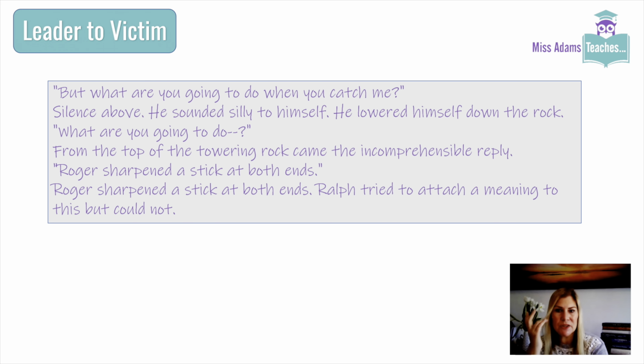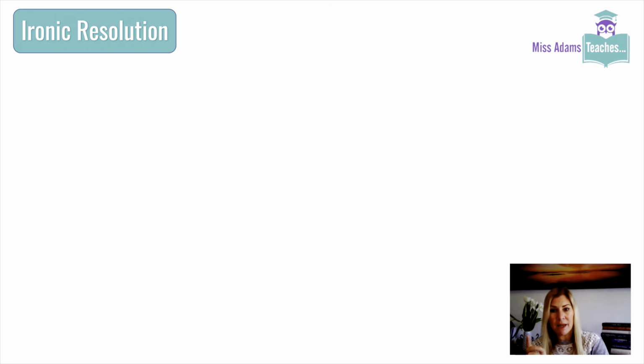So the reason I've included this in presentation of Ralph is Golding does this. He juxtaposes Ralph's strength at the beginning and this idea of him being a natural leader that nobody can really touch, to at the end of the novel, him being a victim of potentially the most savage violence. They want to put his head on a stick, which demonstrates how powerful savage instincts can become when the rules and the order of civilization is taken away. But thankfully, Ralph's head is not put on a stick because they are rescued.